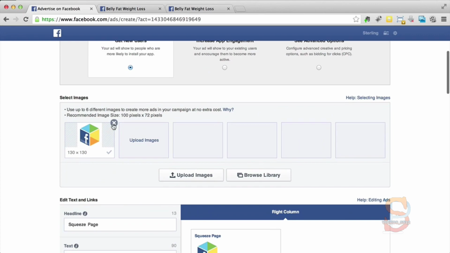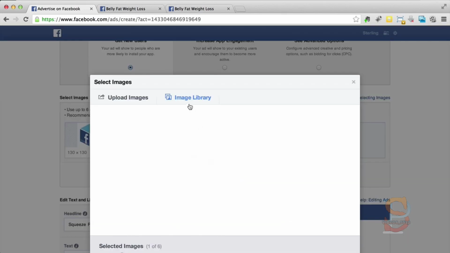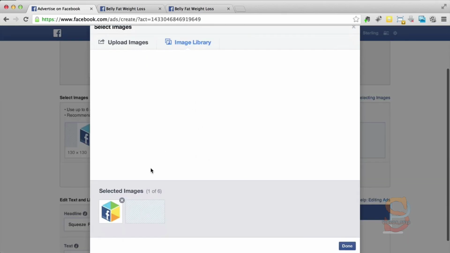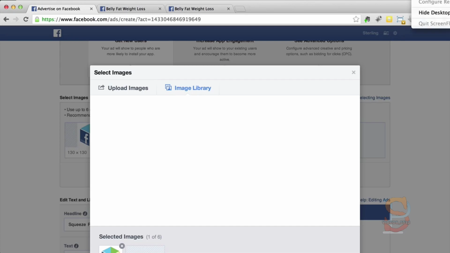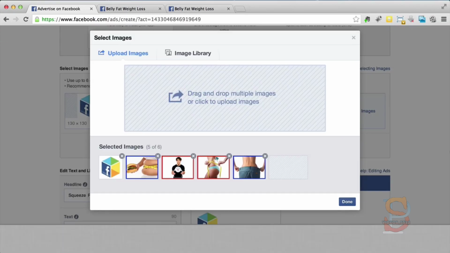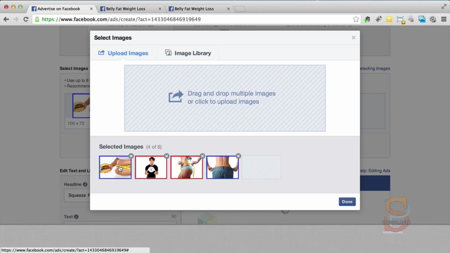Next, we need to upload an image, so it needs to be 100 pixels by 72. Let's see if we have something here from the library. Nothing really, so I'm just going to pause this video, pick up a couple of images, then put them over here. I'm going to show you how to get this thing done. Okay, so now I have these 4 images uploaded. I'm going to remove this one because it's not really related. So now we have 4